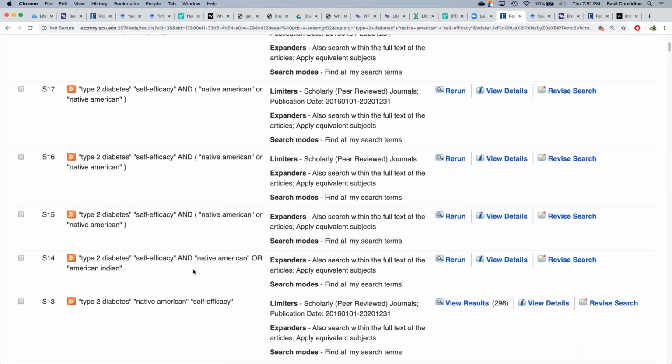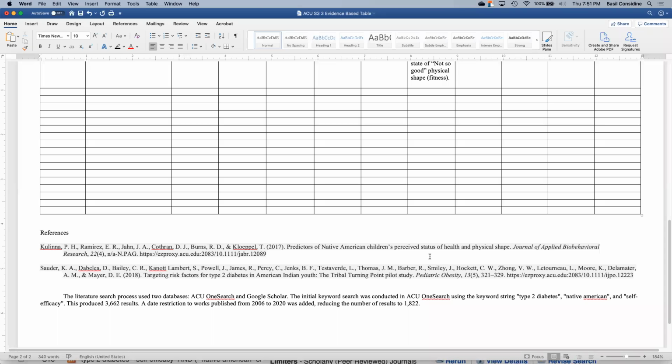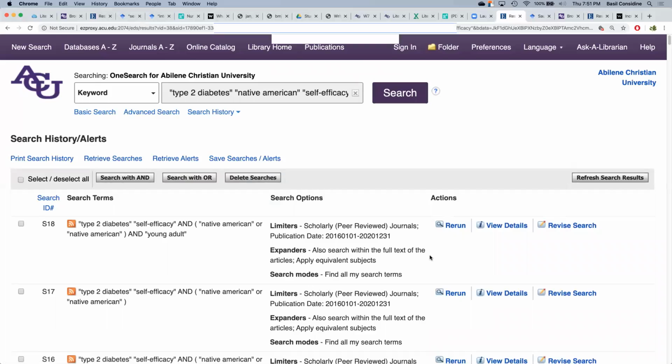So, all right, then I tried adding that and then click on rerun and then count the results and report that. Or I could summarize this and say, okay, I tried using American Indian as a search synonym, et cetera, et cetera. So basically this ends up being a short paragraph that says something rather like,